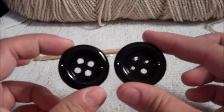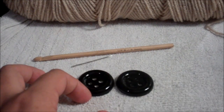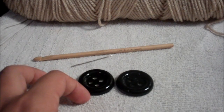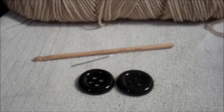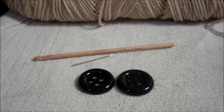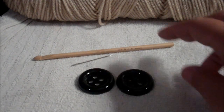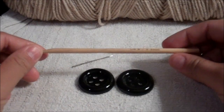Buttons. These are very large buttons. The measurements, I believe, is about 1 inch. Where's my tape measure? I don't even know where my tape measure is at. I can't get my tape measure. But this is like a regular